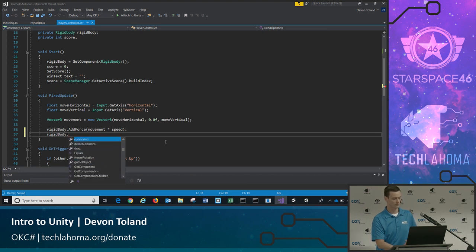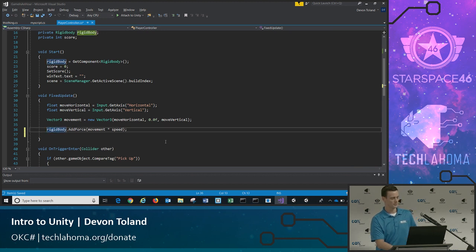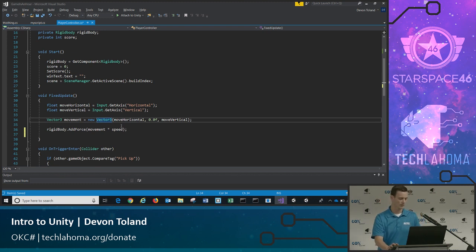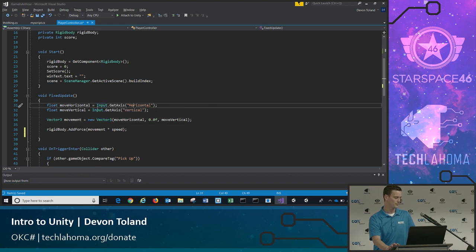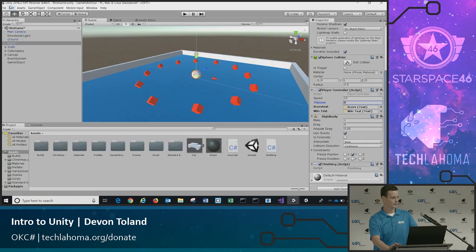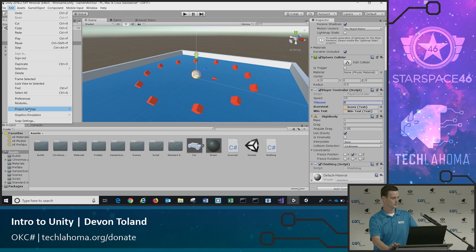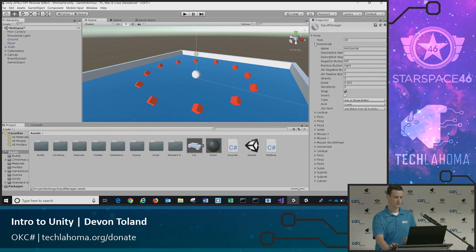And of course, this is all very well documented on the Unity docs. In this case, I'm going to add a force based on the movement, which is tied to a Vector3. If you're working in three-dimensional space, you're always going to be working with Vector3s. That's your x, y, and z. I'm saying take the horizontal input, which is already predefined in Unity. They'll have up here in our File, Edit, Project Settings, Input. Here's your basics of, if I call out horizontal in code, that's telling me it's the left mouse button, the